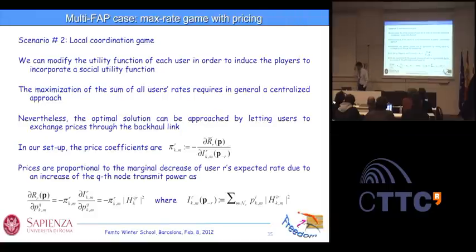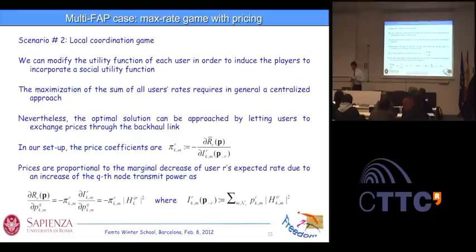Okay, there are these beautiful papers on pricing mechanisms. There was this paper by Shi, Berry, Honig, and so on, proving that if instead of maximizing your own rate, you maximize the sum of the rates of all the users, you may approximate the solution. This would be an approximation, just because if you consider the sum of the rates, this is a non-convex function of the power allocation, so it's a very difficult problem to solve. Nevertheless, you can approach this solution through the pricing mechanism.